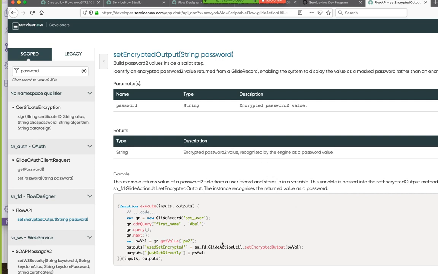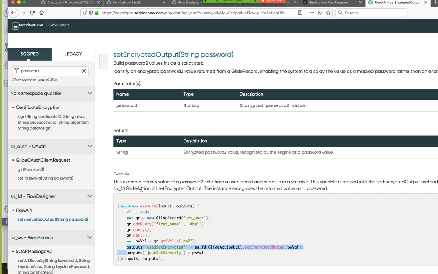Yeah. Password 2, the PW value. Set encrypted output. So let me just copy this. So in their case, they're doing two things.